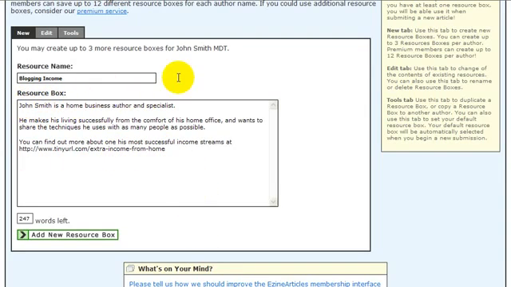So if you've read the article, which in this case would be about blogging, and you've liked it, and you want to find out more about the guy who's written it, so you've read this resource box, you like the fact that he makes his money from the comfort of his home office and he wants to share the techniques.